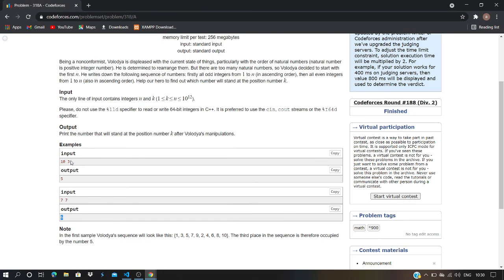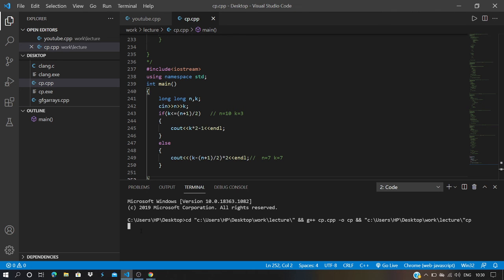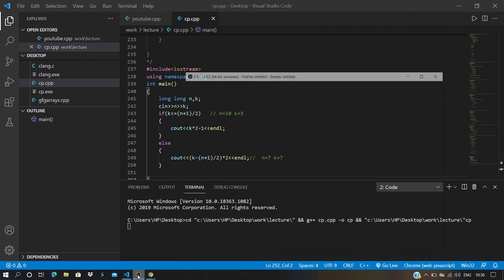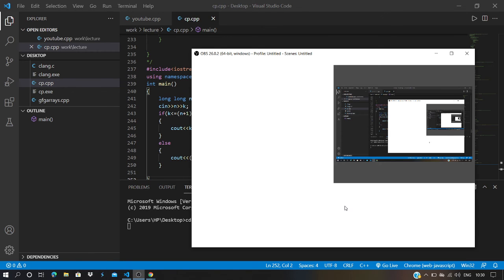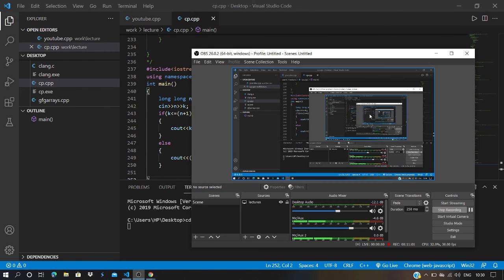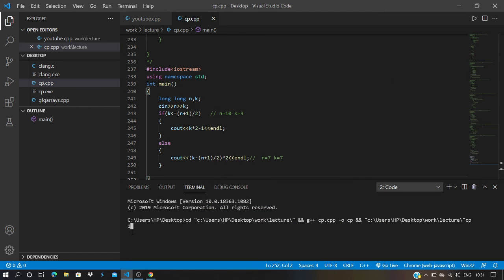The test cases were 10 3 and 7 7. So test case was n is 10 and k is 3.